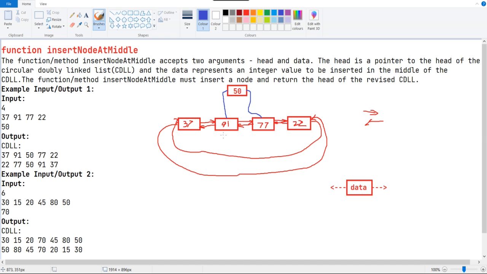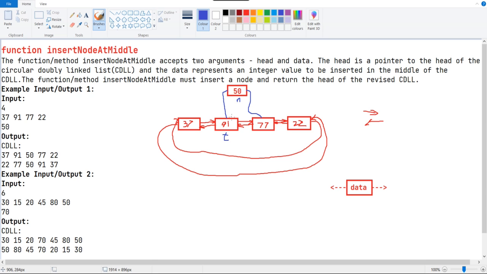Assume this is our temp, and this is our new node. The new node's next will have the temp's next value, and the new node's previous will have the temp.